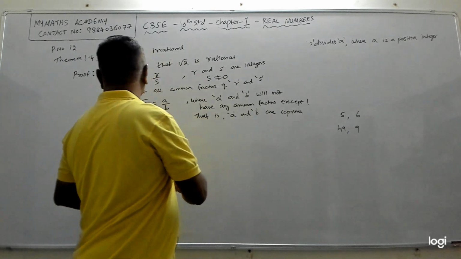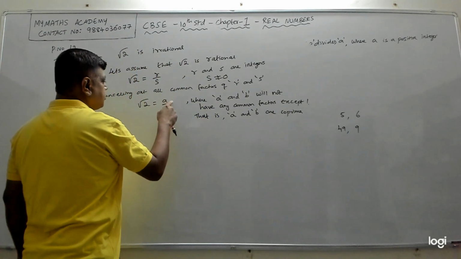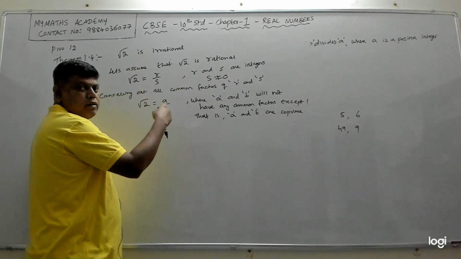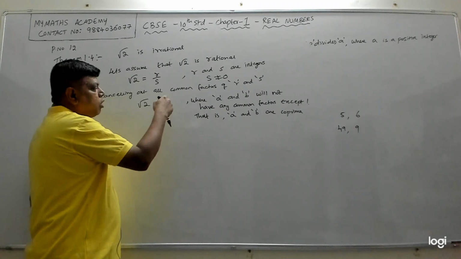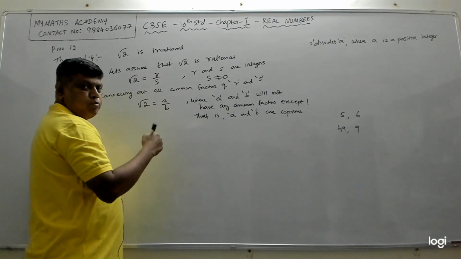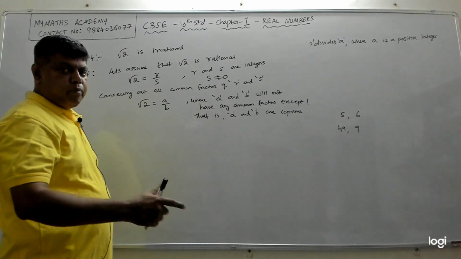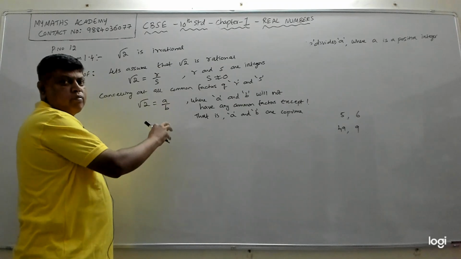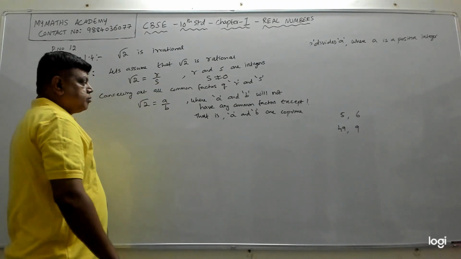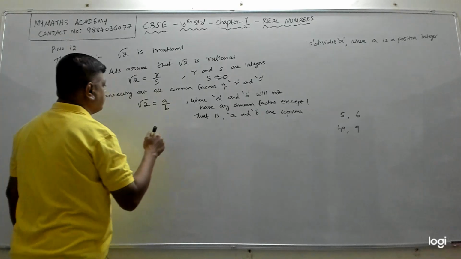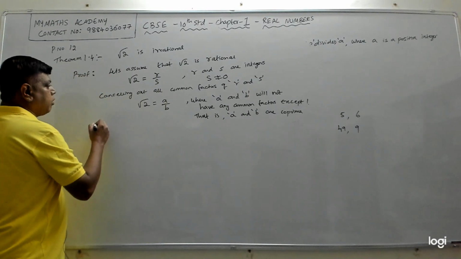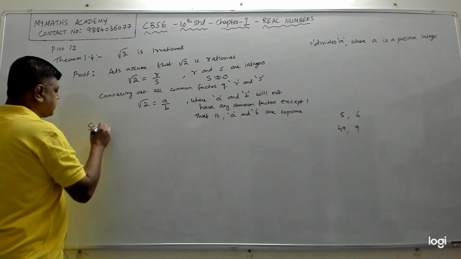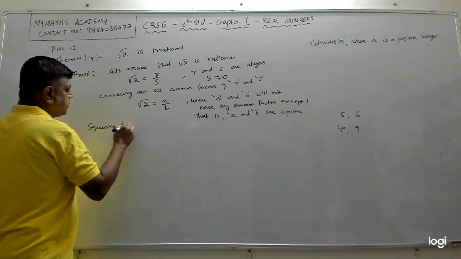So now, cancelling all the common factors, root 2 becomes A by B, where A and B will not have any common factor, which means I can't cancel this by any other number. Both of them will not go in 2 or both will not go in 3 or any number. Both of them will not get cancelled by any number, because all the cancellation we have done and we have reduced it to the simplest form. We can't reduce this further. Right? So that is, A and B are co-prime. Now let's do, what we will do is we will take this, we will square both sides. Squaring both sides.